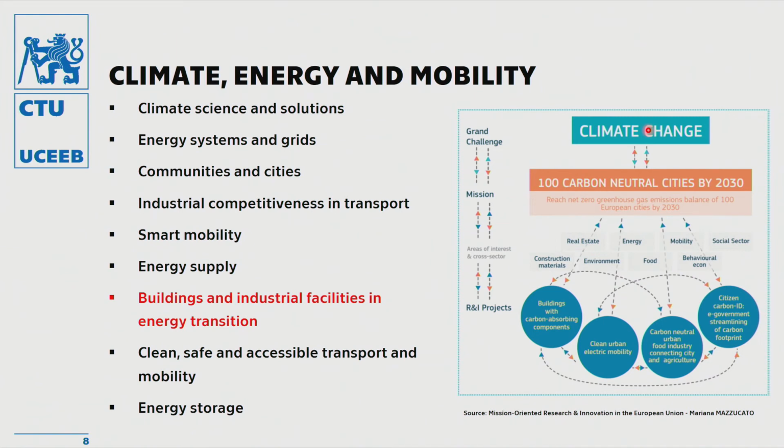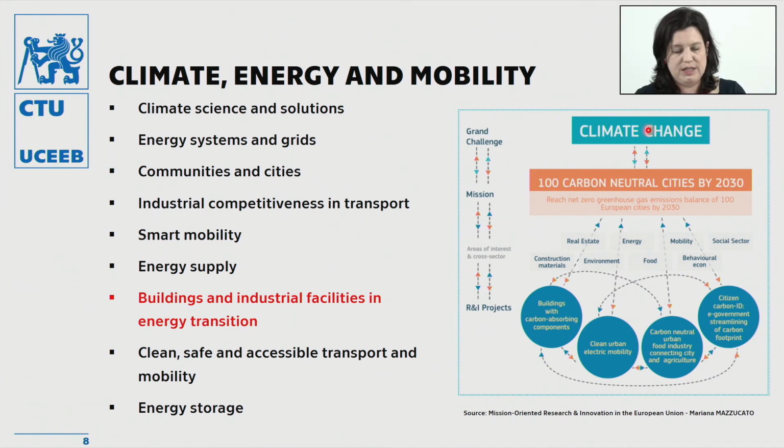Okay, so from the challenges in Pillar 2, the one to focus on is climate, energy, and mobility, which will cover the topics you can see on the slide, and we will actually be focused on buildings and industrial facilities